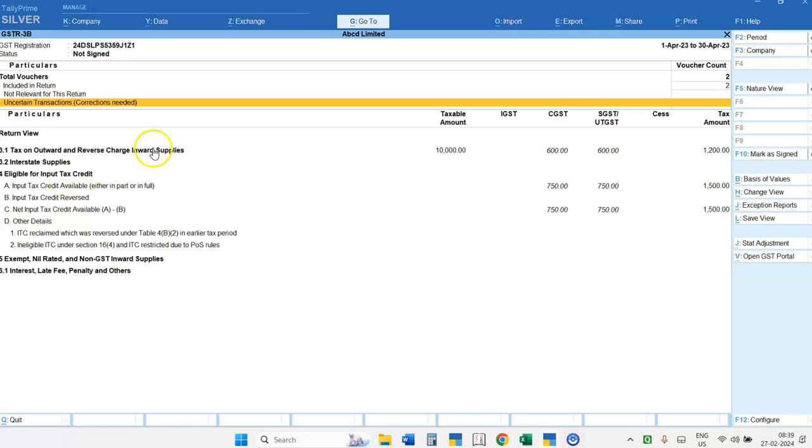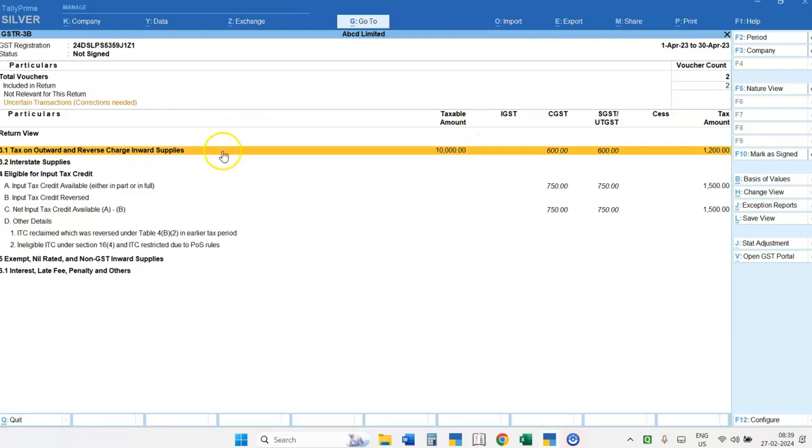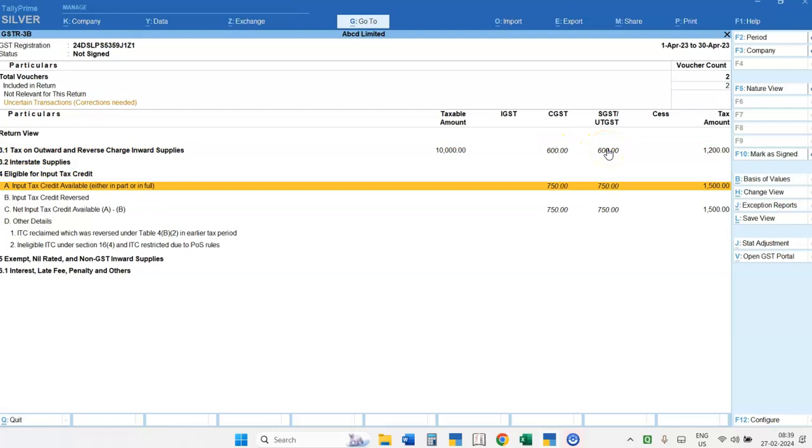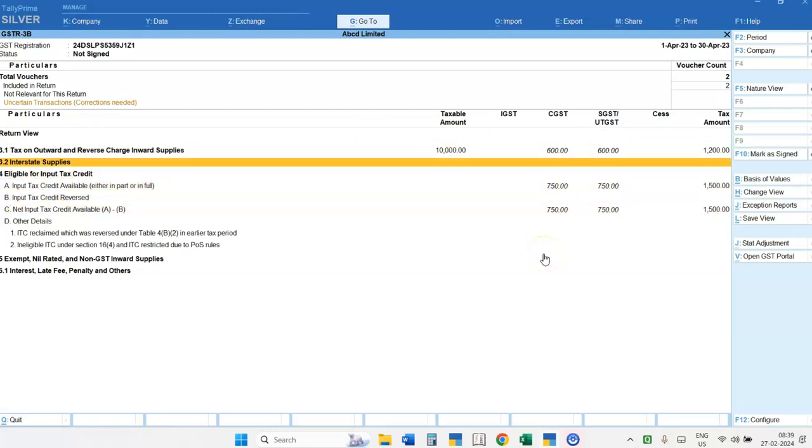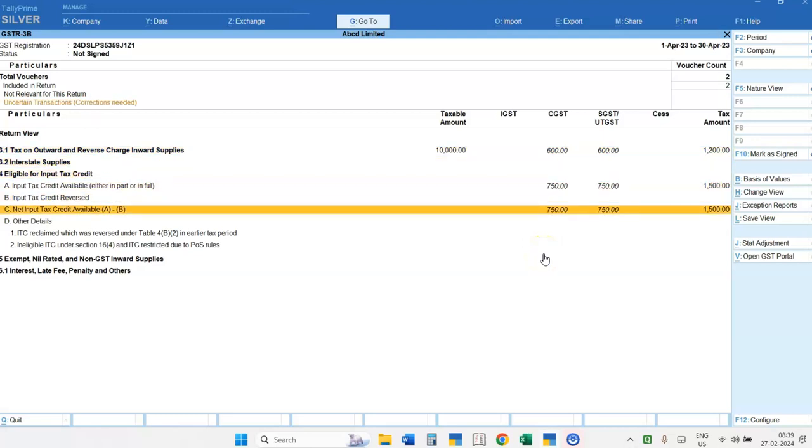If there is any uncertain transaction or correction needed, then it will be reflected here. Right now no correction is required. So this is my return view. This is the taxable supply. This is CGST and SGST. This is my input credit available. So in this way you can see your GSTR 1 and 3B.